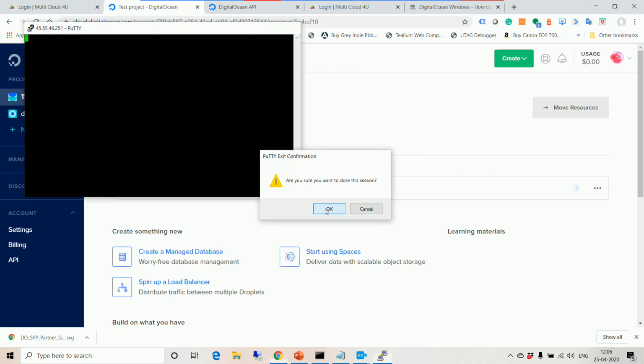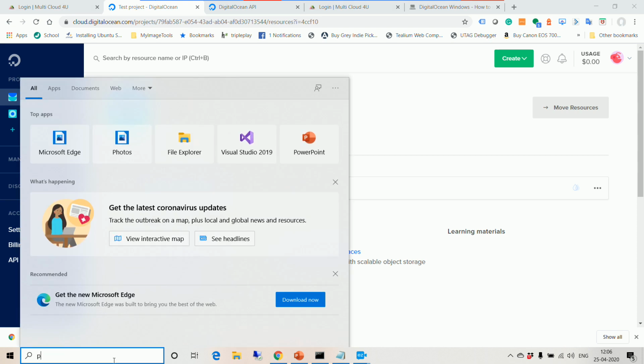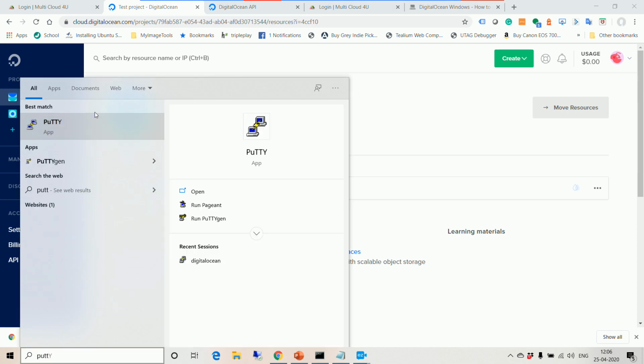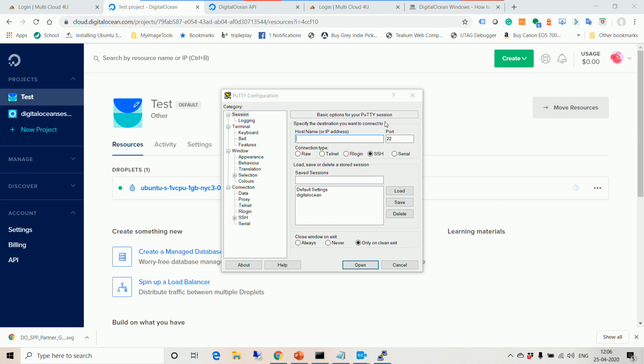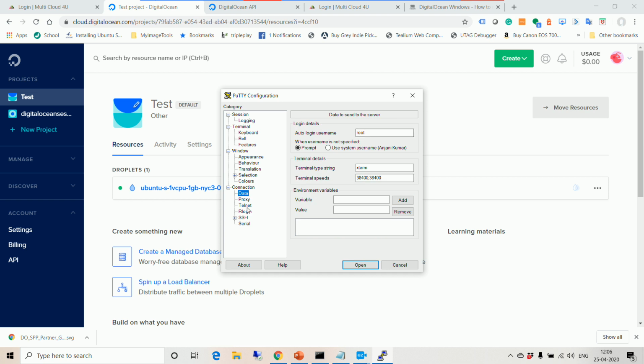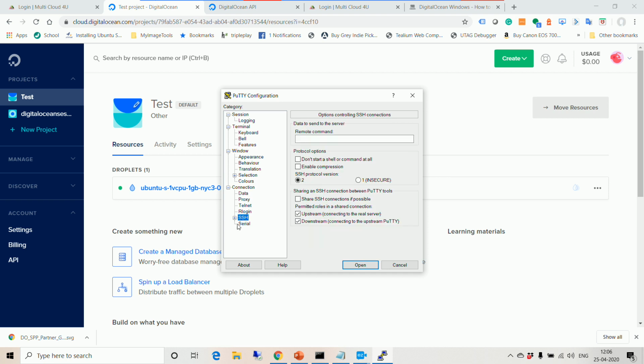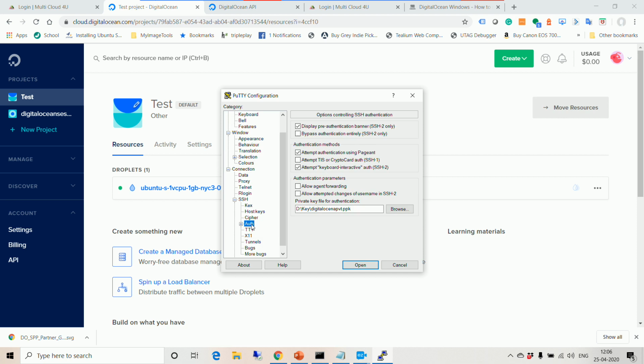Let me load that first and then open up, then you will be able to see that. DigitalOcean load. So I have loaded it, and everything has come up. SSH, secure shell host name is here. If I go into data, root is defined. If I go into the SSH key, into the auth section, I will see this private key is loaded.